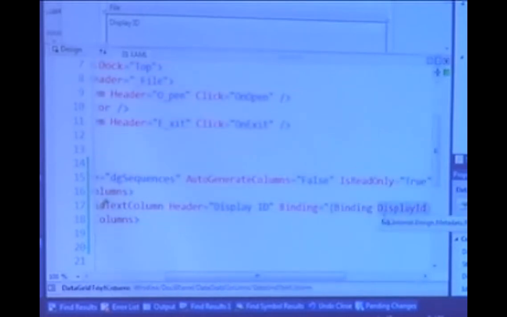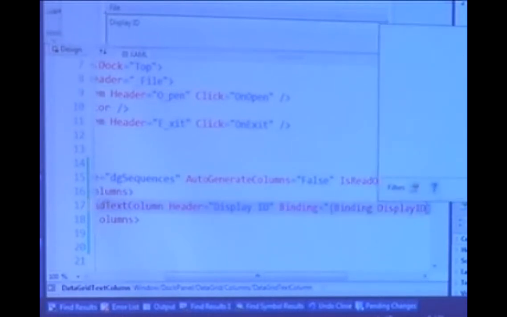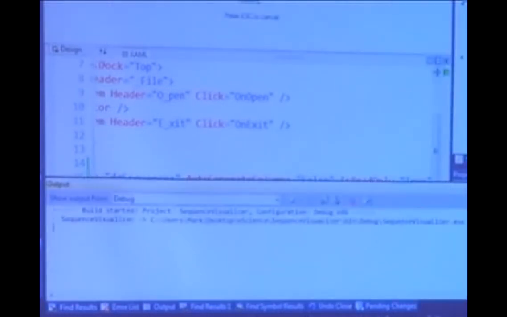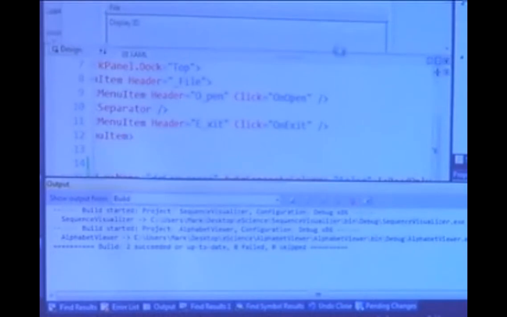And I think I actually originally spelled it correctly and then changed it because I thought, oh, that's probably lowercase. Let's try it with that and see what it does. So we should get a little bit more success this time. If I say File, Open, pick a file, and now I can see that I get my display IDs. All right, so there's all my data right there coming out of this file.